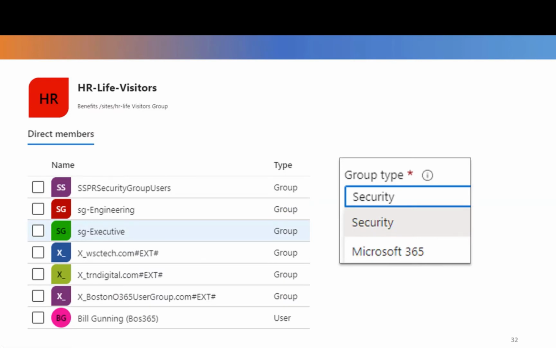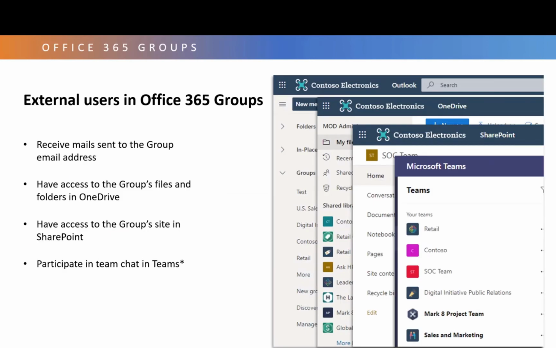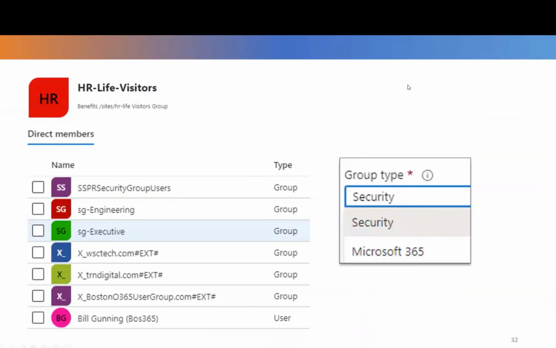If you decide to use Azure security groups, you can combine them. If you add one Azure security group to a site, like a communication site, you can then add in people, but you can also add in other Azure security groups. The only downside is you cannot add in Office 365 groups. You cannot mix and match. So you have to stay with Azure security groups. And then let me do one more demo of the site.